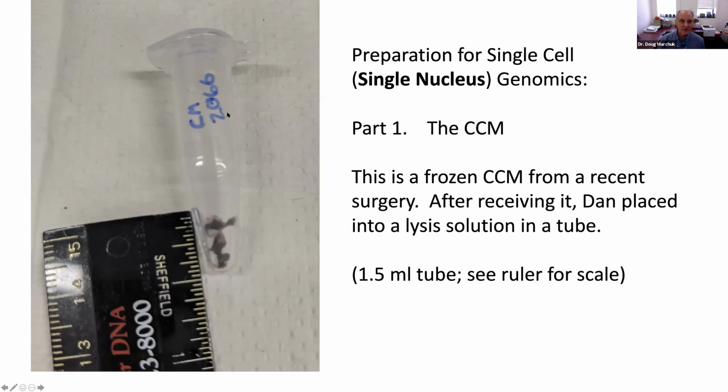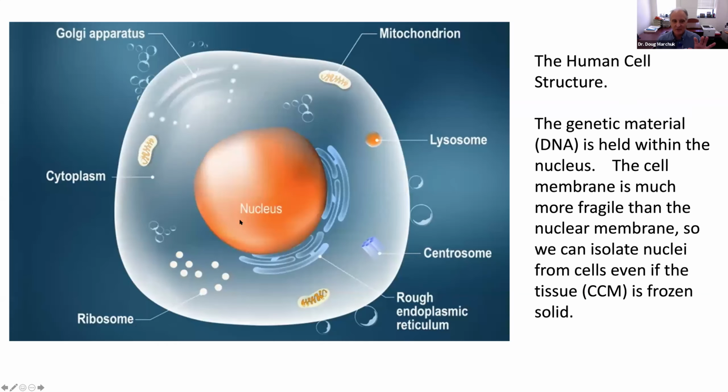sort of hardy. So this just happened this morning. We got a new frozen CCM, and just this morning I took this picture on Dan's bench. Here's a little frozen CCM in a tube, and you can see the scale there. And I just want to remind you, and again I'm gearing this toward perhaps the lay audience here, that the DNA is in the nucleus, and it has a nuclear membrane, and the rest of the cell is encapsulated in the cell membrane. This is extremely fragile, and if you get a frozen piece of tissue and you start to mush it up, it's gone. But the nucleus, with certain tricks, you can keep it intact,